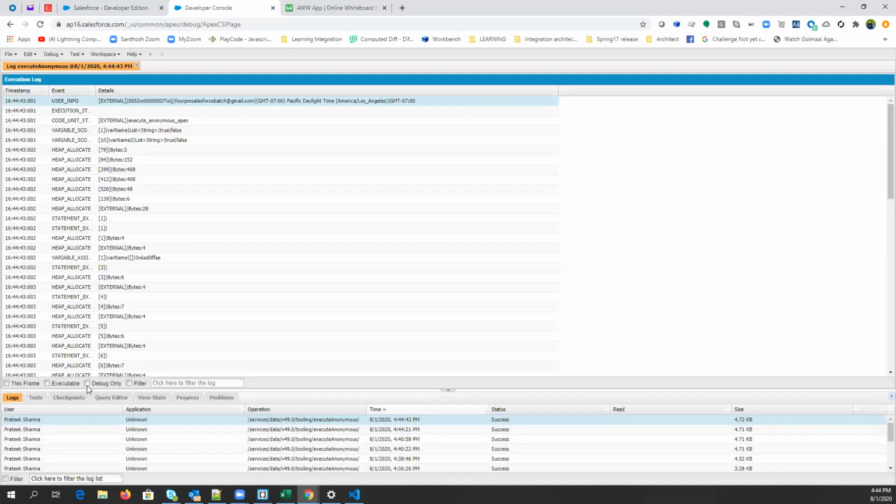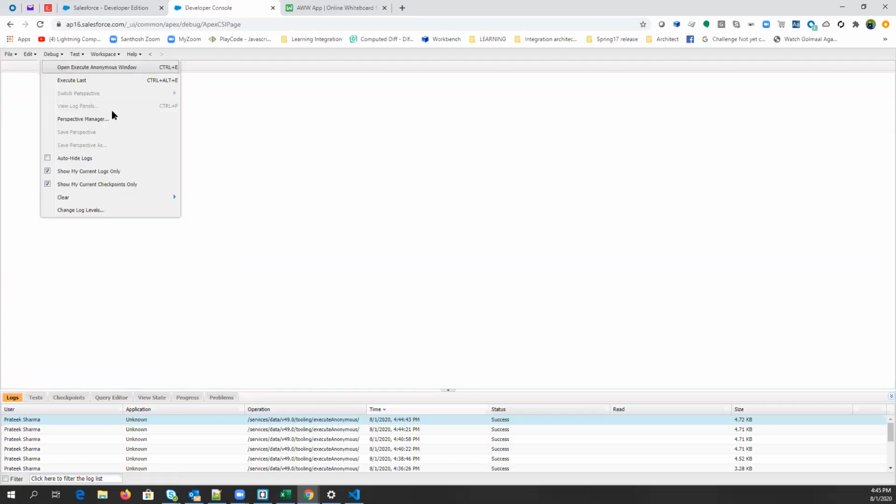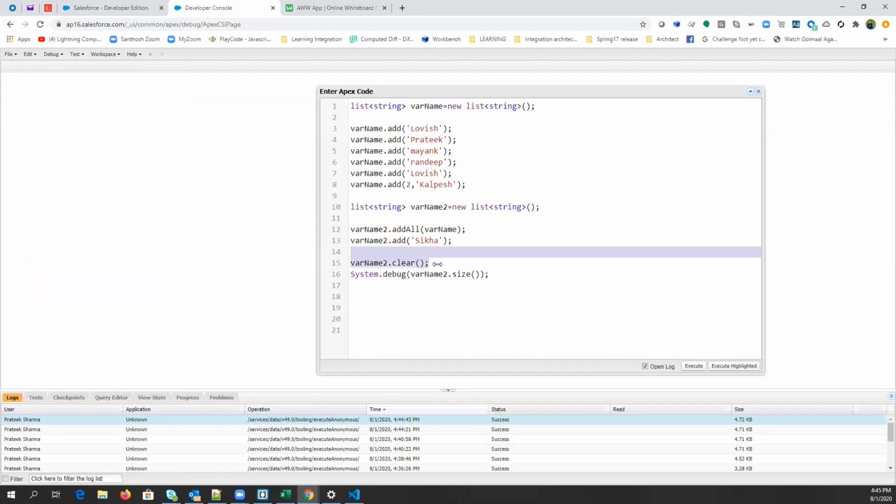I just want to show it because, as I said earlier as well, a list is a dynamic allocation of memory, dynamic allocation of size. If you are adding values, it will increase. If you are removing values, it will decrease. So now you can see we have cleared the values.